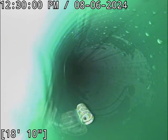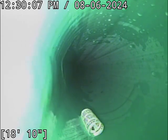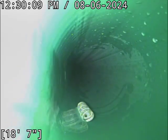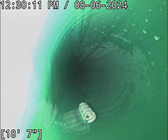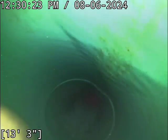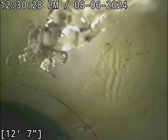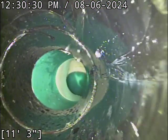Well, the toilet flush, though, it's just sitting barely out of the water line there, and if there's any adhesive on that little wrapper or label, that's what it looks like anyway, it's probably going to get kind of stuck to the sidewall. I'll recommend cleaning on it, but that's purely out of liability. You've got a 4-inch line here, and that thing is occupying a couple percentage points of the entire diameter of the line, and it's up out of the flow line on top of that. So I'll notate it on the report, but